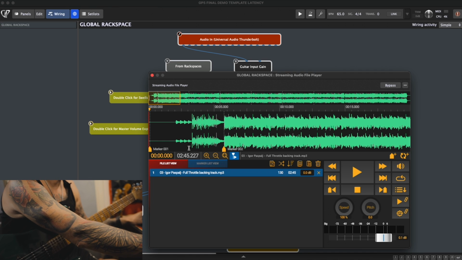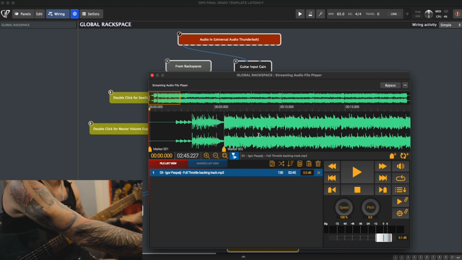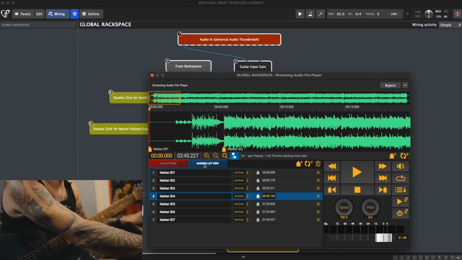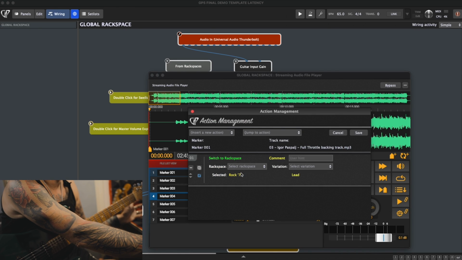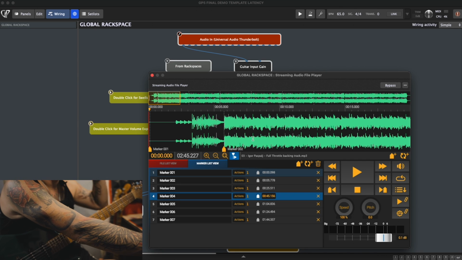It has such a cool marker feature, where you can put a marker anywhere in this waveform, anywhere that you like. And every marker, when you go to marker list view, you can assign an action. What I'm most interested in is changing presets, or rack spaces in this particular case. So I'm going to play you the Full